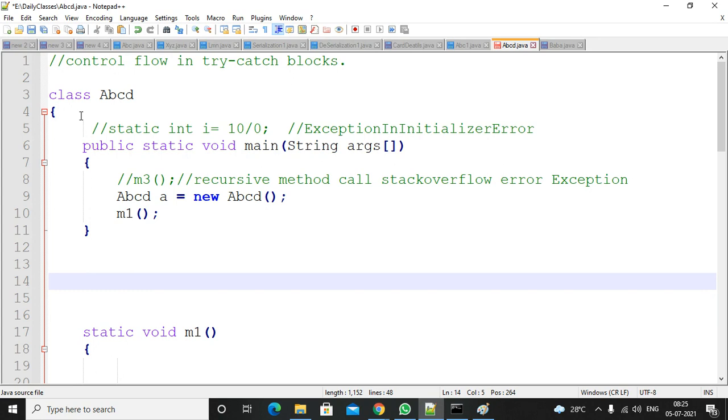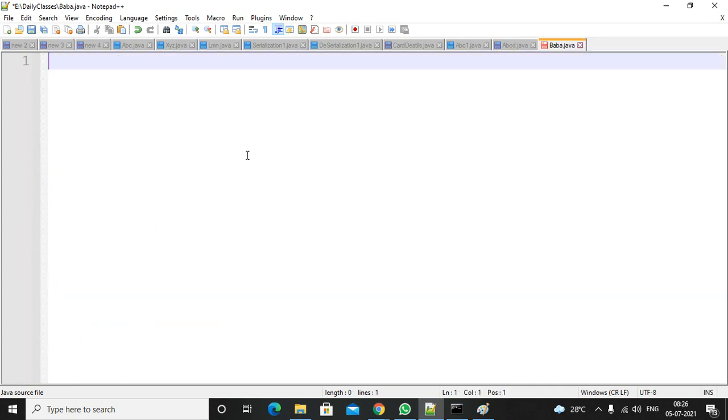In that case, we will go ahead with multiple catch blocks. It is not only try with catch; you can write try with multiple catch blocks. That one we will try to understand.